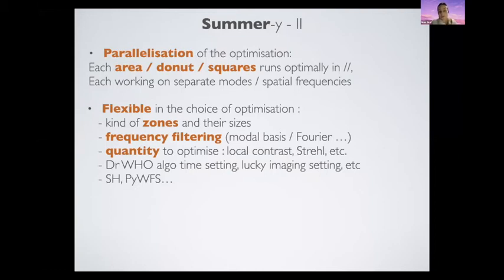Also, the Drwho algorithm is flexible on the time setting. You can decide to optimize it on 30 seconds or in 10 seconds if you really want to go fast, or even much longer if you really don't care about the dynamic NCPAs, but who doesn't care about the dynamic NCPAs? Anyway, same for the lucky imaging setting. You can decide to take only the best 1%, and that will make you converge even faster. And this is something that I'm exploring at the moment. Like, what are the algorithm setups that optimize the speed of convergence of